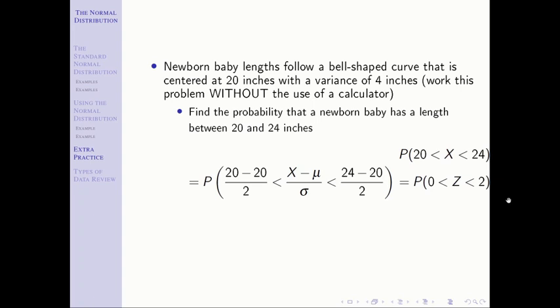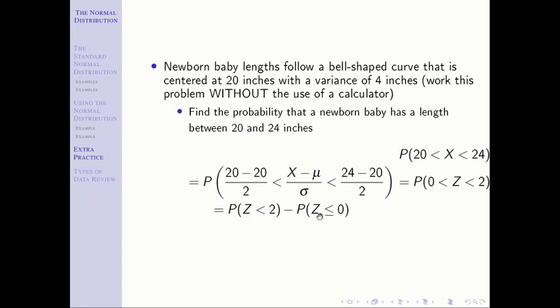Now be careful here. As we talked about before, when we split this up, you have probability x is less than 24, which is probability z is less than 2, minus probability z less than or equal to 0. This is not 0. It's a probability involving 0. So you just have to be careful of it. It's not going to be this answer, and you're not just going to say, look this value up and then subtract 0. Boom, we're done. Subtracting 0 doesn't do anything. We have to look the 0 up as well.